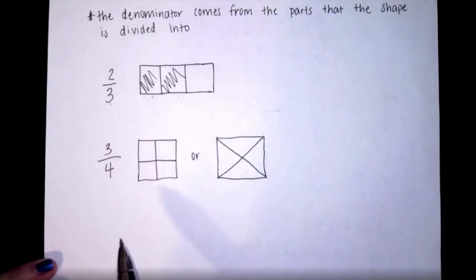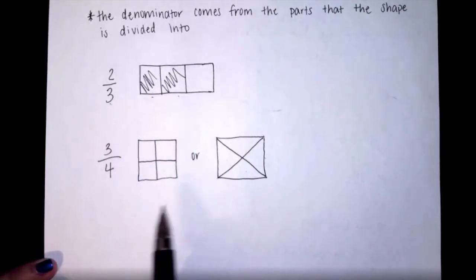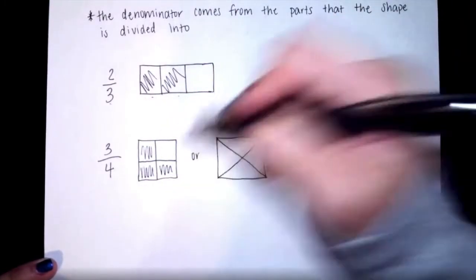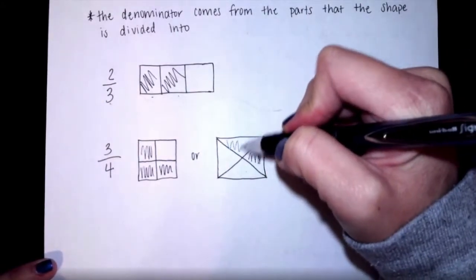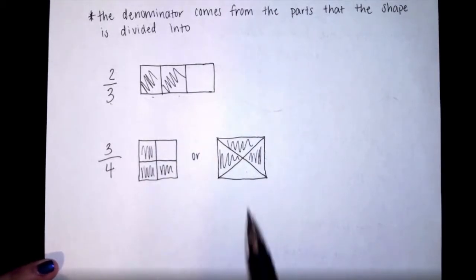So if I was going to shade 3/4 of these, I would color in 3 parts. 1, 2, 3. Or I could color in 1, 2, 3. And either one of these would be 3/4 because it is divided into 4